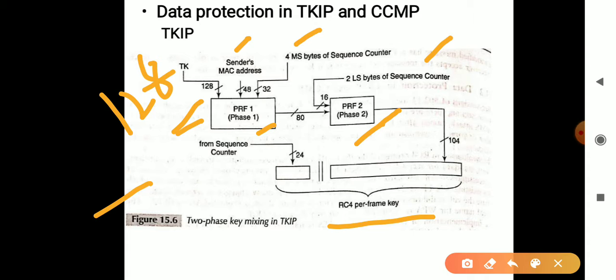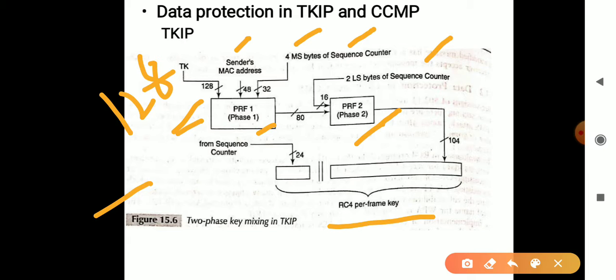Now we have this sequence counter. What is the use of this sequence counter? It is very simple: each and every time a frame is sent, it has to make sure that there is no replay attack. What does replay attack mean? The sender is going to send the frames and the receiver has to receive the frames.